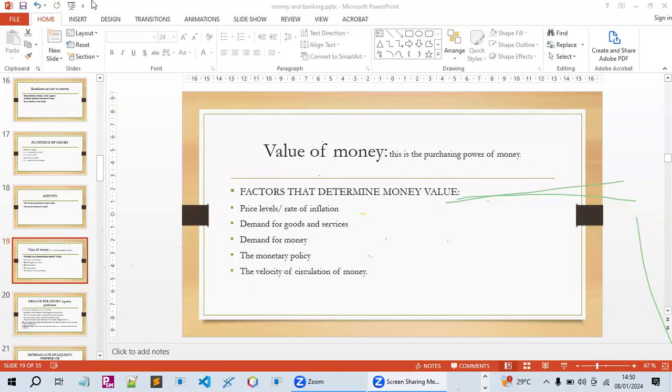In demand for money, we wanted another explanation. A high demand for money influences prices upwards, especially for transaction and speculative purposes. For example, if there's high demand for money, that means for transaction, I work with my money in cash because I have some day-to-day things to buy, or for speculative purposes. For speculative purposes, I can keep the money for